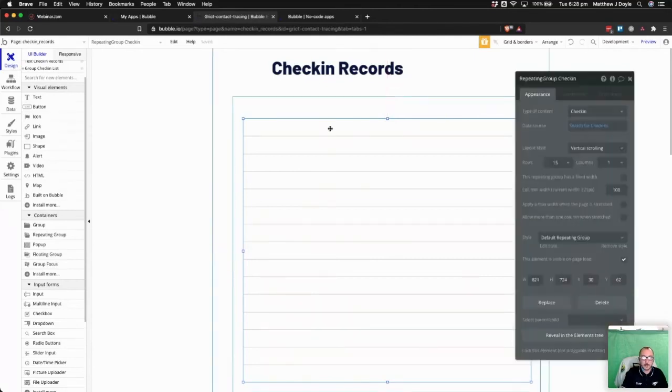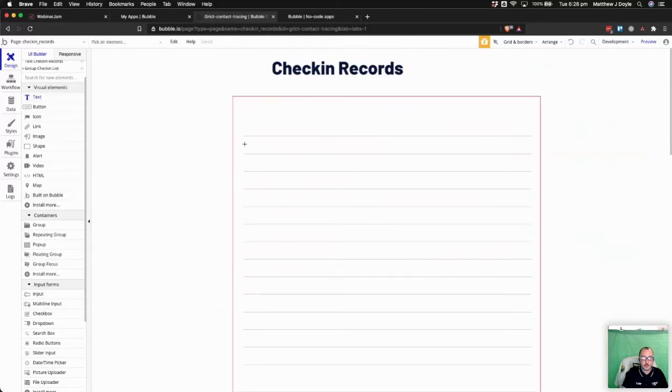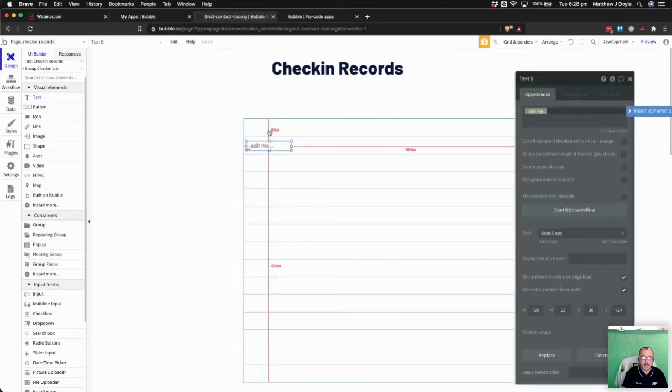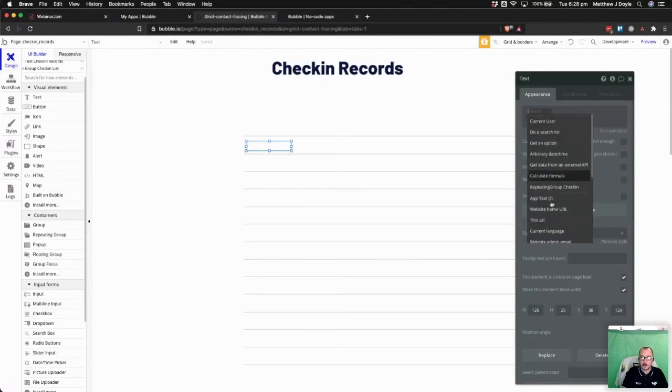And then we need to actually populate what's in these boxes here. So we're going to come over the side and we're going to grab a text box, and we're going to start with a date. And again, if we were actually creating this, we would put headers up the top of dates and names, etc., so that it makes more sense when you read it. But we're just showing functionality over style today. Now you see here in our text box where we edit all of this information, there's an option to insert dynamic data. So we're going to insert,